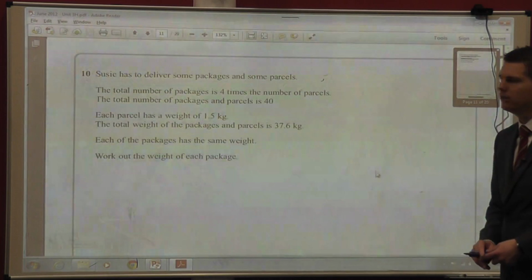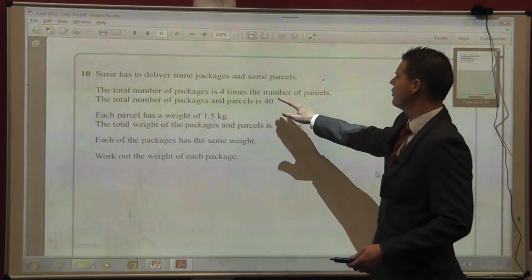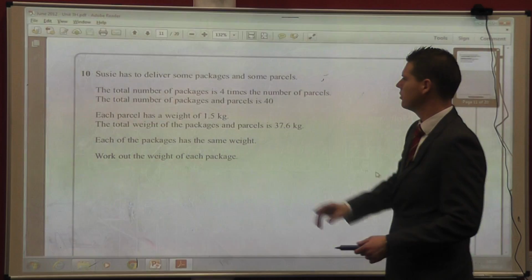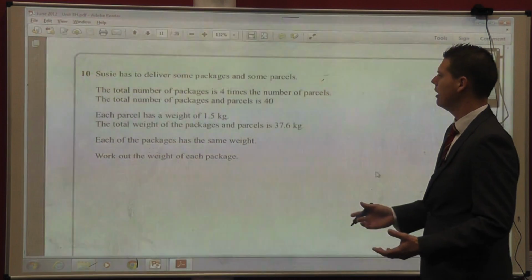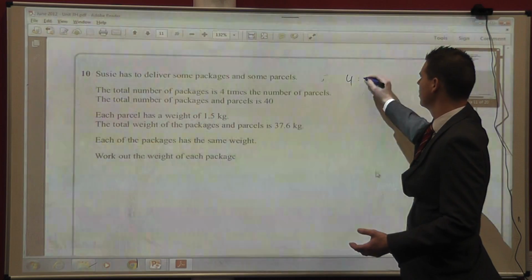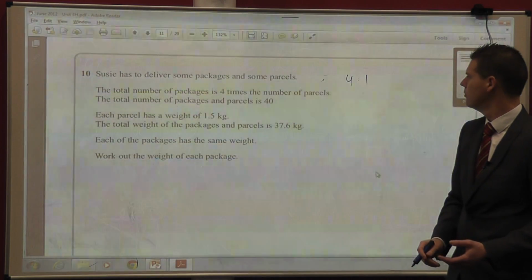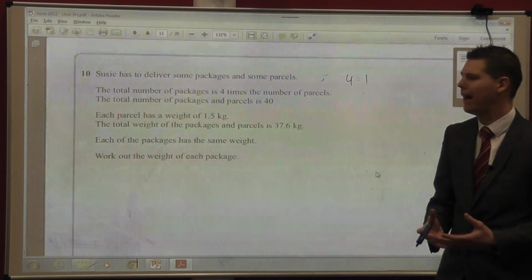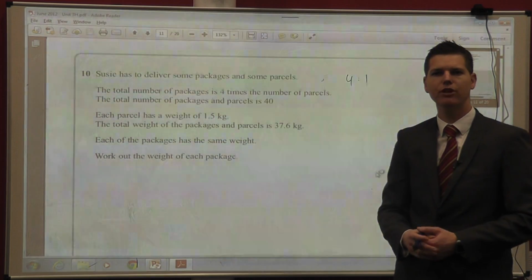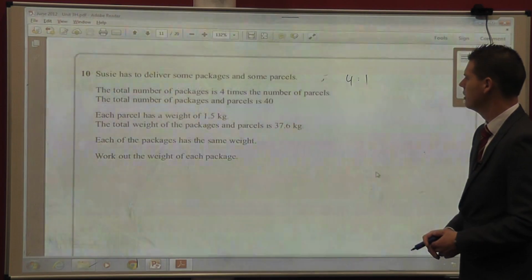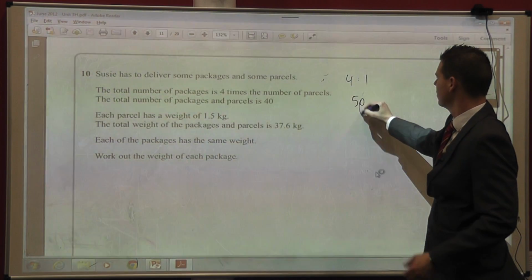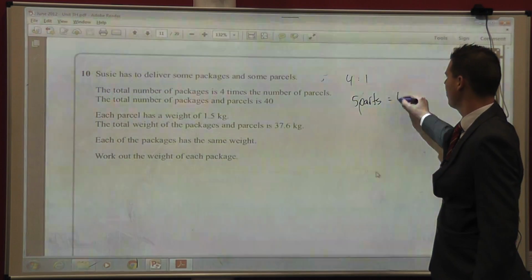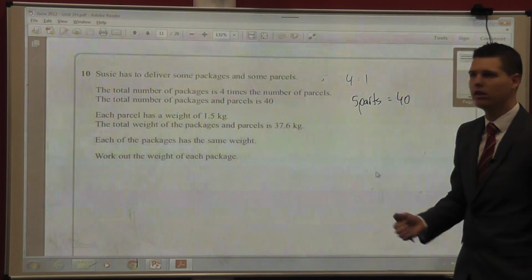to be fair. Total number of packages is 4 times the number of parcels. So that means for every 4 packages, you've got 1 parcel. Ratio of 4 to 1. And then I know that those 5 parts there, in total, represent 40 parcels. So 1 part